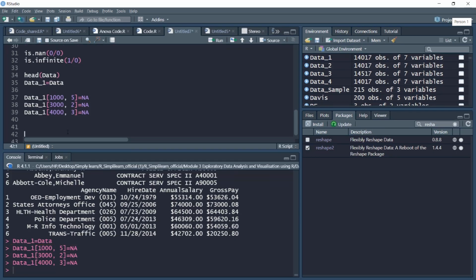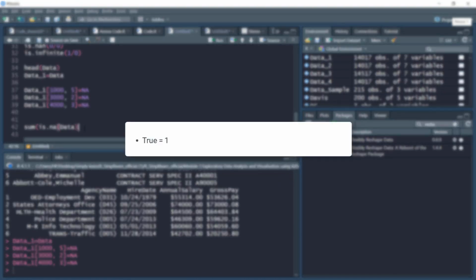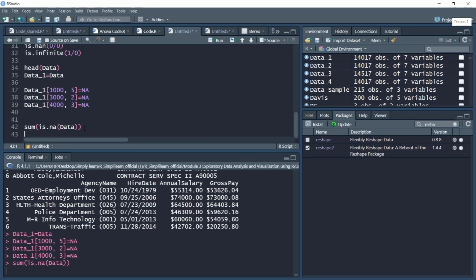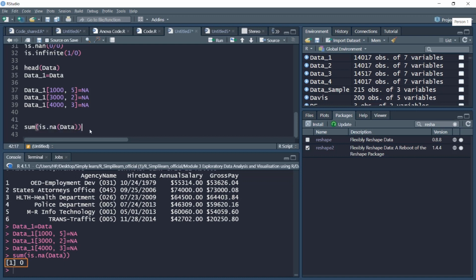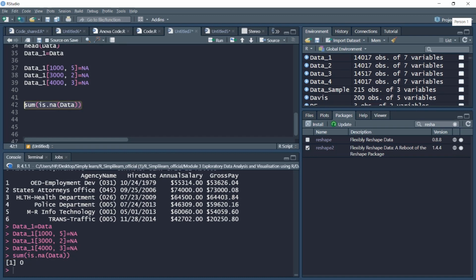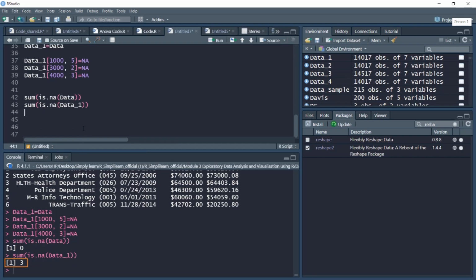So there are 3 NAs that I have introduced into the original data. If you want to check whether there were any NAs in the original data, how do we check? A very simple way would be to use is.na on the data, first on the original, and then add a sum. All the NA observations are taken here as TRUE. As we discussed earlier, TRUE is equal to 1. So all the NA observations will be counted, and notice that if I run the sum, it is 0. That means there are no NA observations in the original data. However, now that we have introduced 3 NA observations in the new data, if I run the same command, I get the summation as 3, because 3 NAs have been introduced.